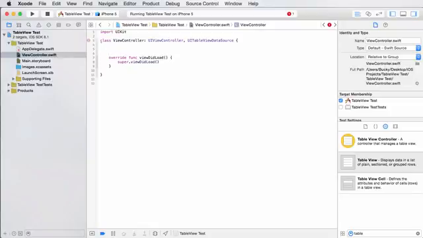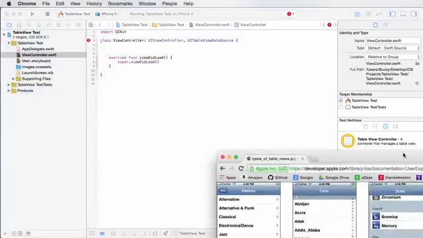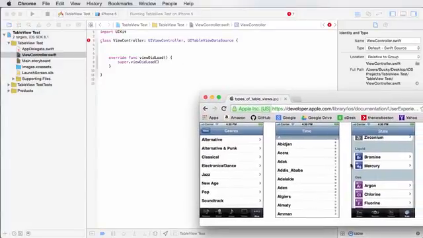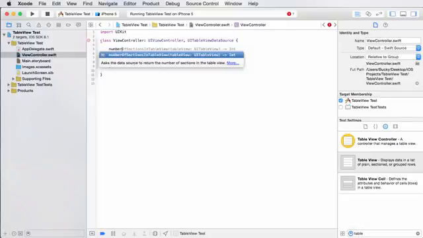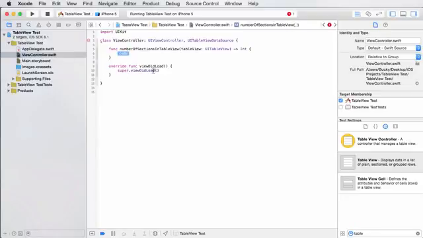So what methods do we need to implement whenever we're acting as a data source? Well, there are three really important methods. The first one is how many sections are in your table. So we need to make a method that says, okay, for this example, we'll only use one. But if you're making something like this, then you might use three. So let's take care of that method first. And the method is called numberOfSectionsInTableView. So just type in number, hit enter, and all this does is we have to return